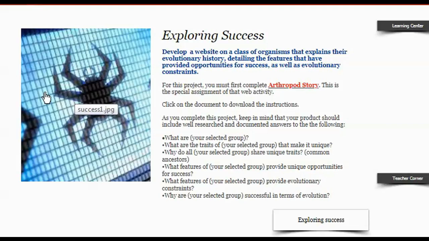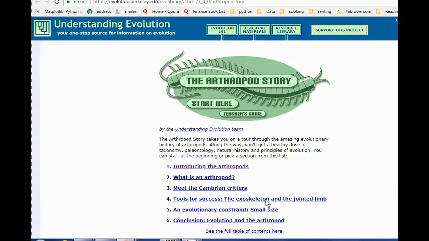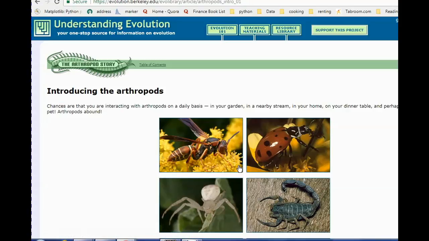Like the last project, we're going to use an online resource here called Arthropod Story to learn about a type of an organism called an arthropod. So click through here. And our friends at UC Berkeley have put together this fantastic website all about these creatures called arthropods. Like the last one, you are going to follow through step by step, and they're going to lead you through